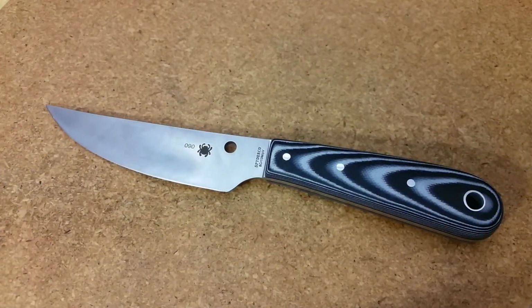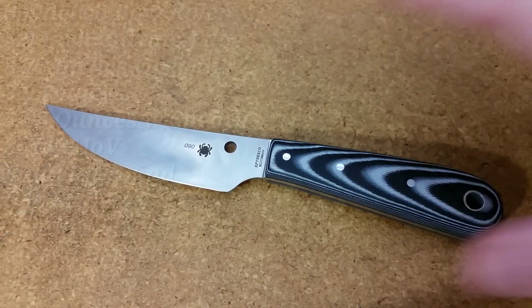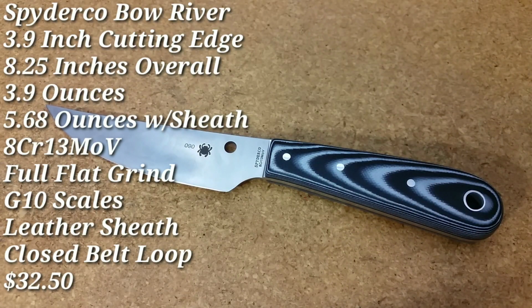Hello out there, and here's what we're going to do today, guys. We are going to take a quick look at this newly released Spyderco fixed blade. This is called the Bow River, designed by Phil Wilson. And then after we are done going over some of the details of this knife, I want to stay on